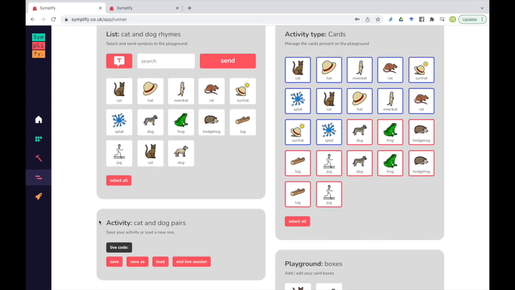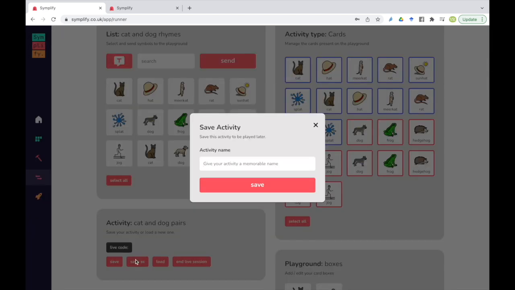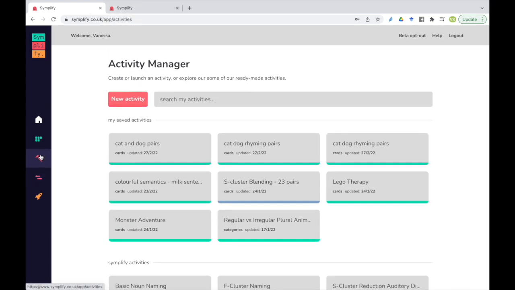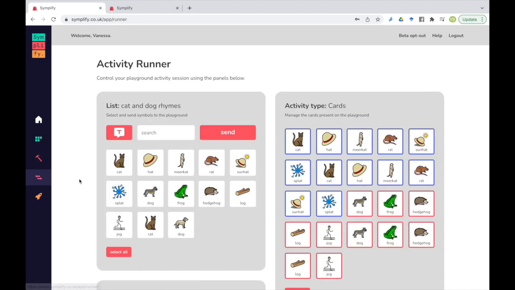You can then, if you want to, use the Save As button. So let's say you made some changes to your activity that were specific to a particular client. Maybe you've got a narrative game, and then you add in some word cards that are client specific, and you want to keep them for the next session. You could then Save As, give it a new name, and it will save that different layout with the new cards added as a separate activity in your activity manager over here. So yeah, it's really flexible and will hopefully save you lots of time.